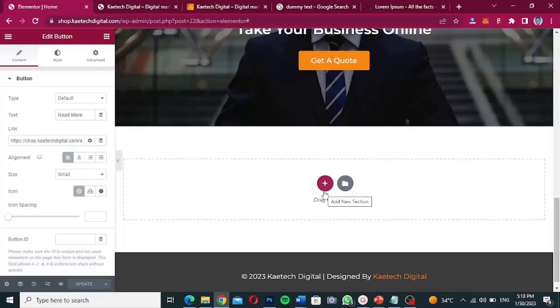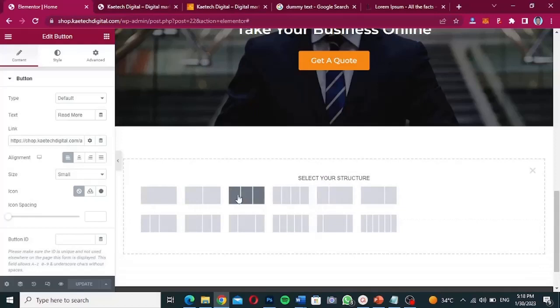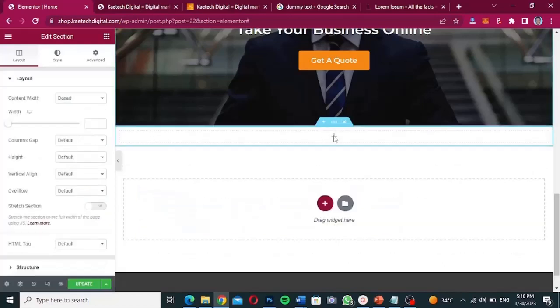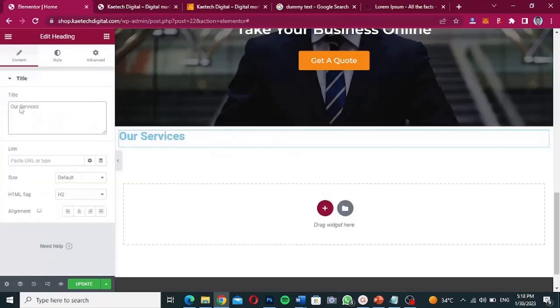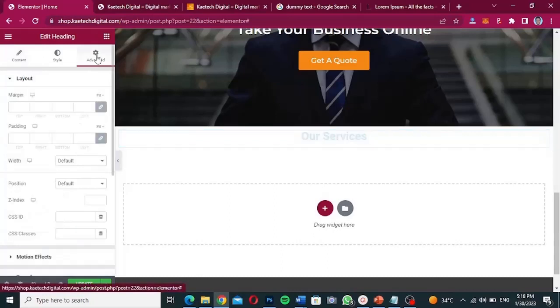So of course we can go ahead and use a one column section over here, and then I'll add in a text over here and say maybe our services. I'm just going to add our services over here, put it in the middle, go to advanced of it, make sure that